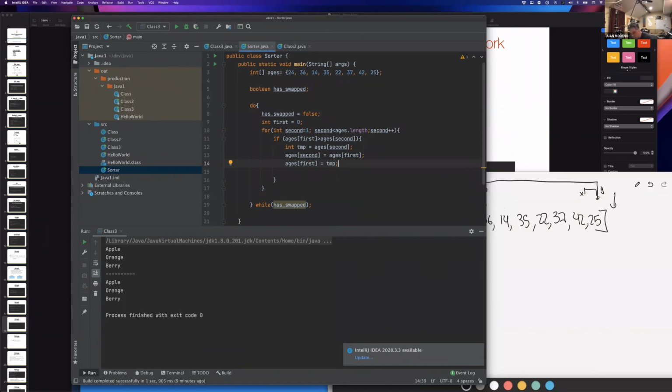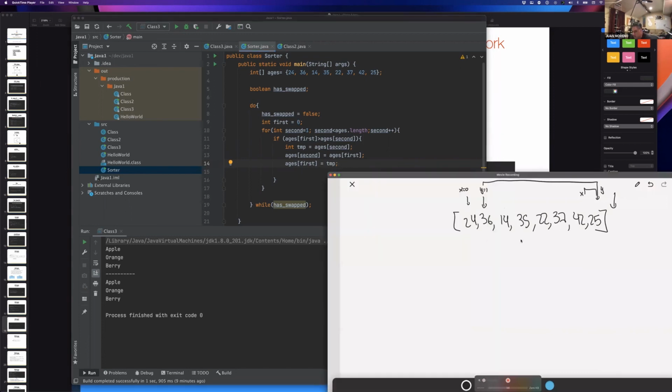Why? Because let's assume that I go ahead and delete these two guys, and I say, oh, okay, I'm going to swap them. I'm going to delete this guy here. Oh, no, I was doing second. So I'm going to do the second. Okay, I'm going to delete this guy here, and then I'm going to put 24. And then I'm going to delete this guy here. And what was the value that I had before? So that's why, before doing the swap, we put it in a temporary value, this 36. Now I can go ahead and delete it, copy it with 24. And now this guy, I can put it back in